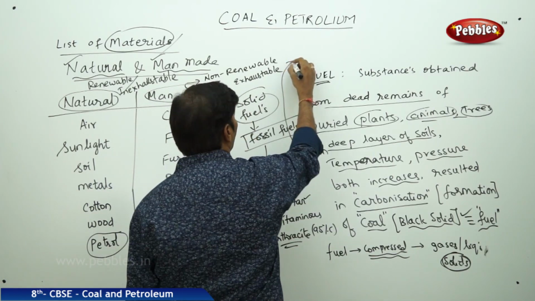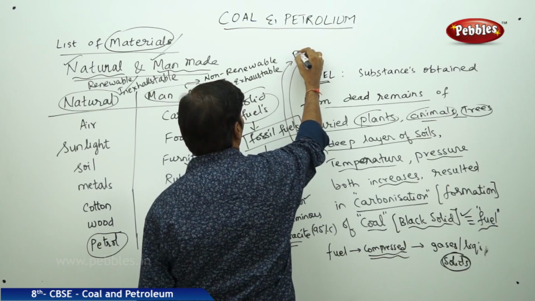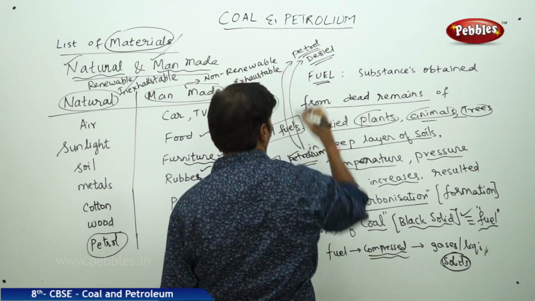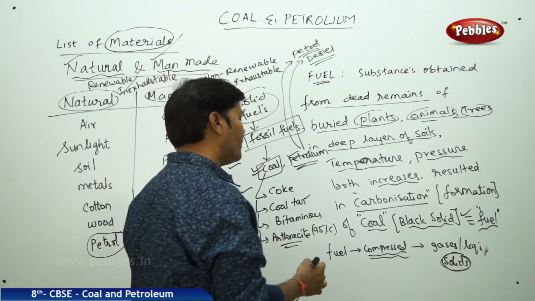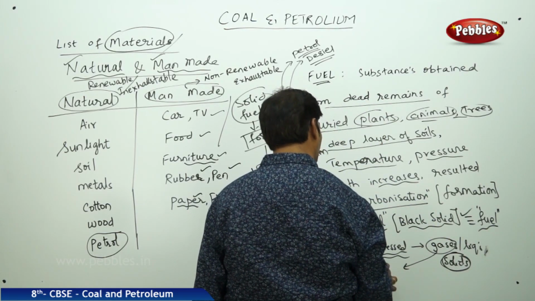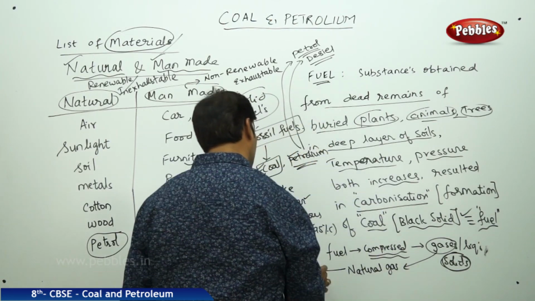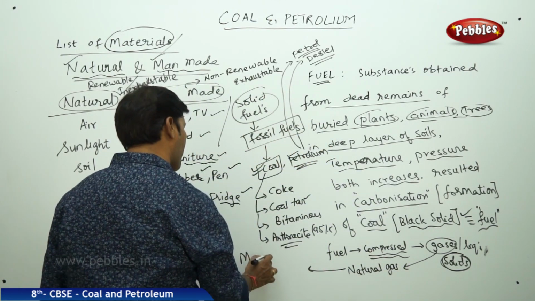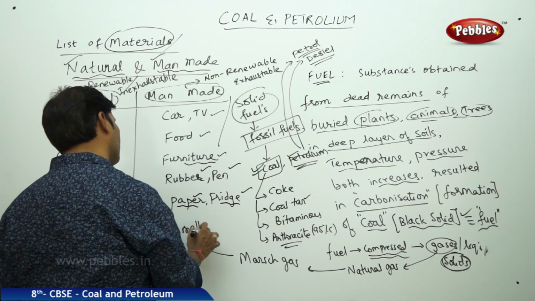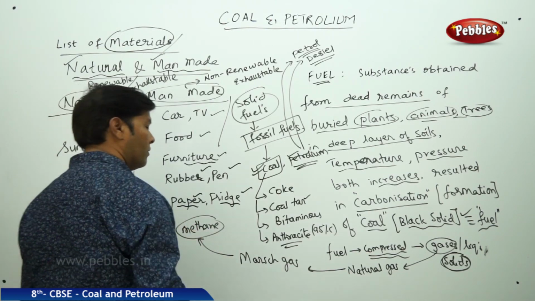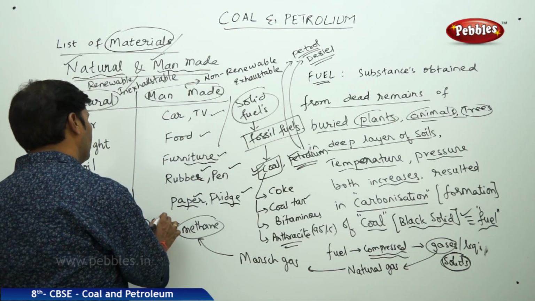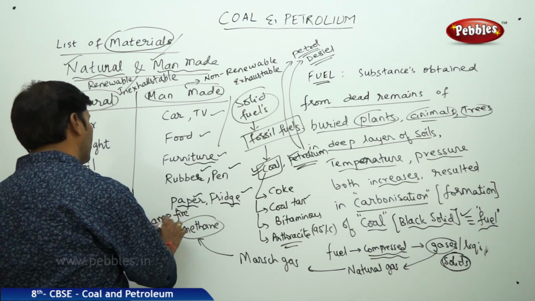Petroleum is able to give two important fuels, that is petrol as well as diesel. These are the two important liquid fuels it is able to give. Apart from this, if you go for gases, we could get the gas called natural gas. Natural gas is nothing but the marsh gas. Marsh gas is nothing but methane. Methane is also called as damp fire.